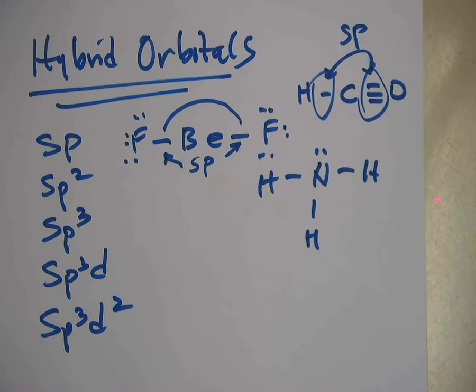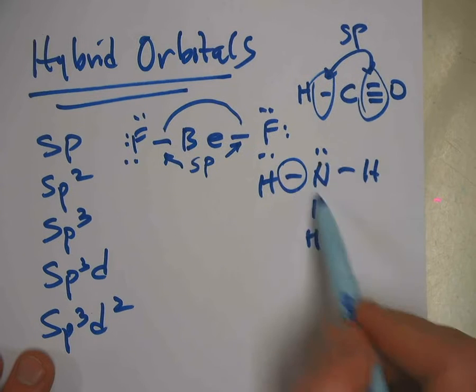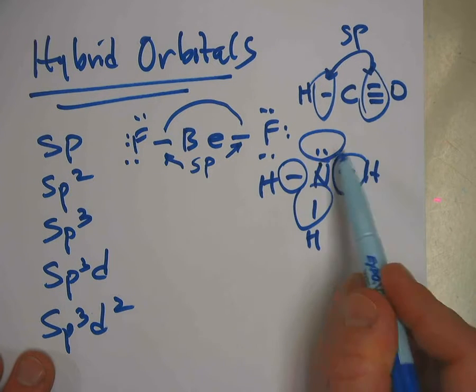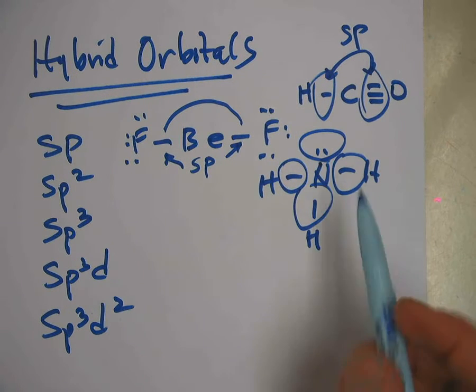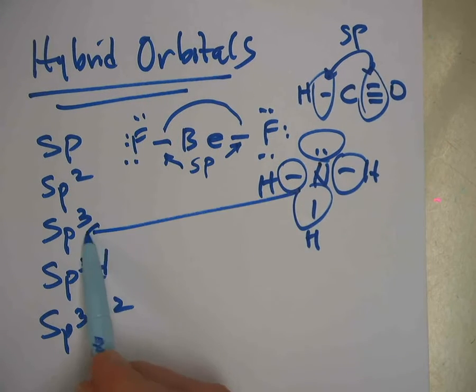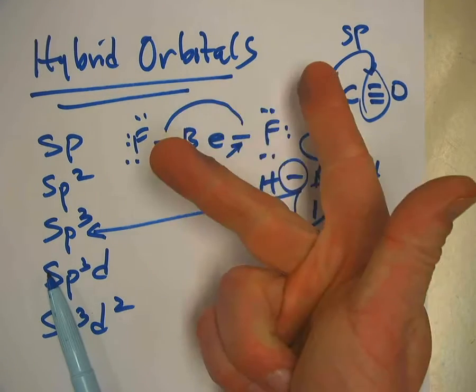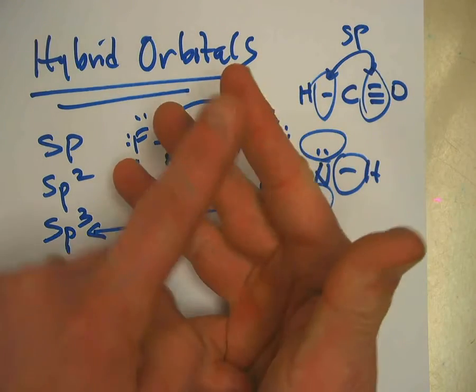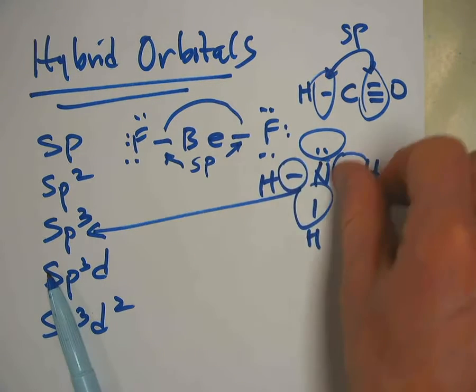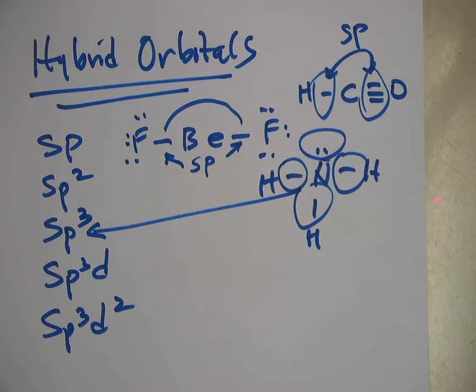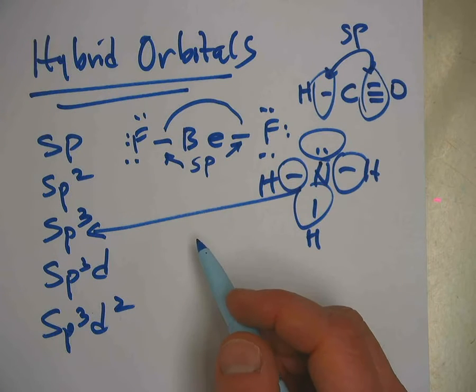How about this guy? NH3. Okay? 1, 2, 3. Do I count these? Yes, you count the unshared pair of electrons. Therefore, it would be sp3 hybridized. Remember how to count it? S, P, P, P. This stands for S, and those are your 3 P's. And count each one of the domains of electrons where things are at. Okay? How about something like